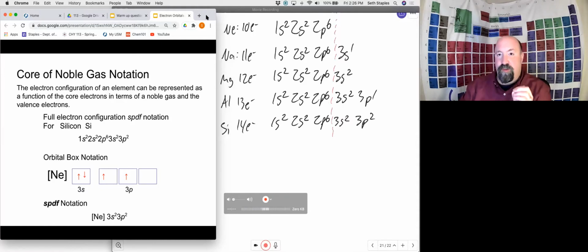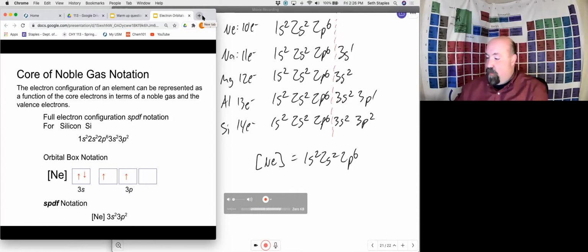So what we can do is, instead of writing 1s2, 2s2, 2p6, we can actually write neon in brackets, and that stands for writing out that whole configuration. That gives us a shortcut notation that we can use to more easily write some of these longer configurations. And so we can write aluminum, for instance, by writing neon,